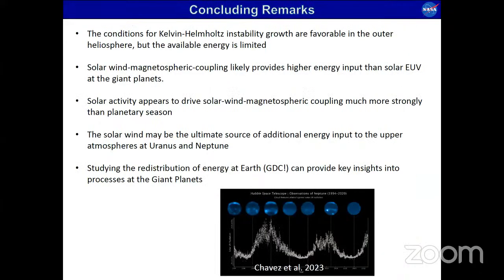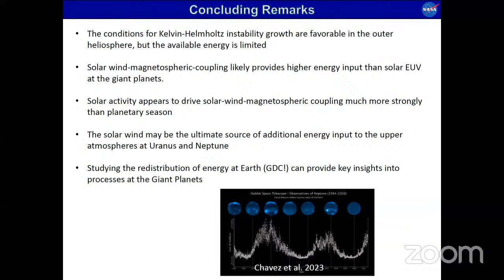And so just some takeaways. I think it's definitely true that the Kelvin-Helmholtz instability growth is more favorable than in the rest of the solar system. When you actually quantify how much energy you can get, it really becomes limited, especially compared to some of the other sources. When you combine KH and reconnection at the different planets, it does look like at all the giant planets, that exceeds what you can get from the solar EUV, which is kind of neat that the solar wind really outshines, so to speak, the sun at those